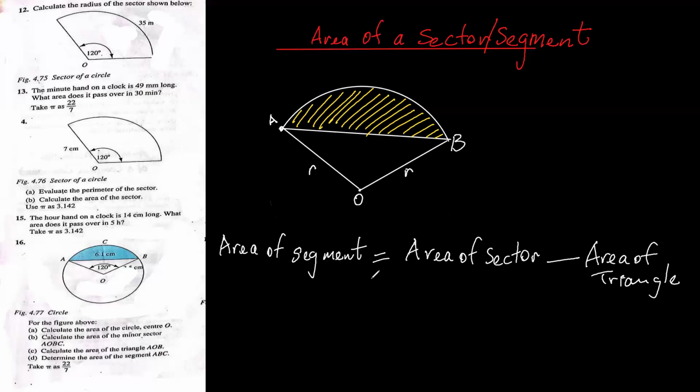Well, we already know how to find the area of a sector. It will be pi r squared times theta over 360. But we never learned how to find the area of a triangle that does not have a perpendicular like this. So in Form 1, 2, and 3, they told you the area of a triangle